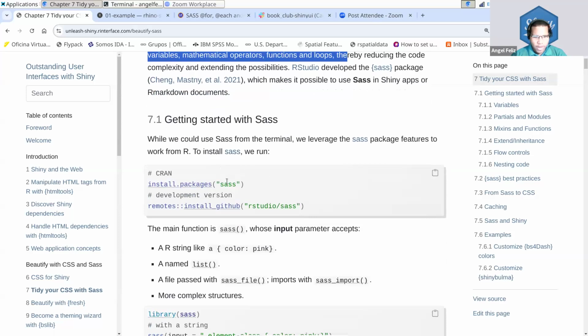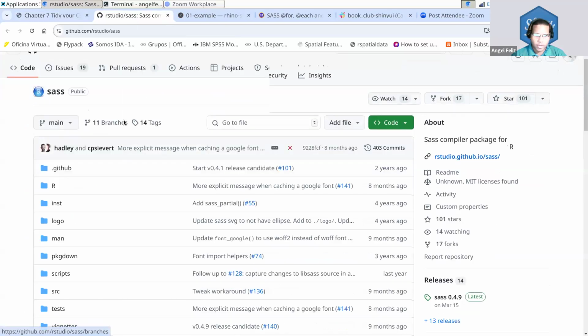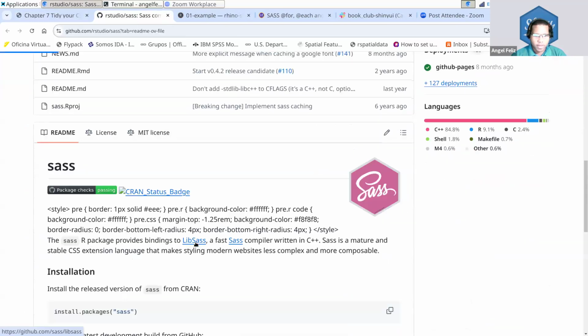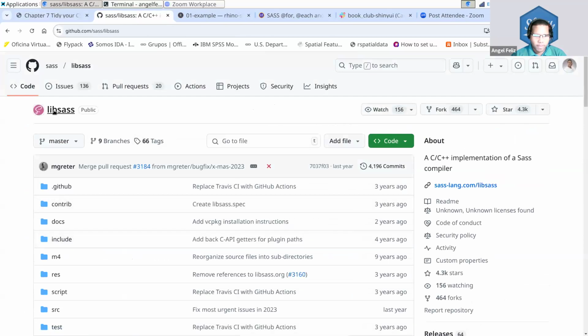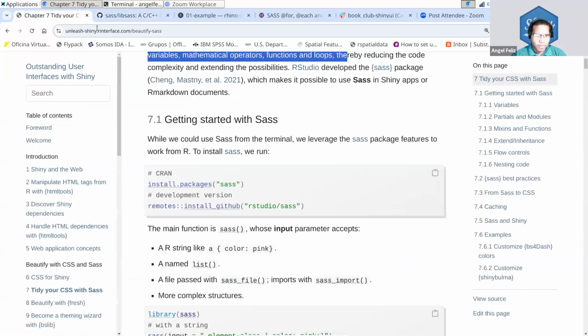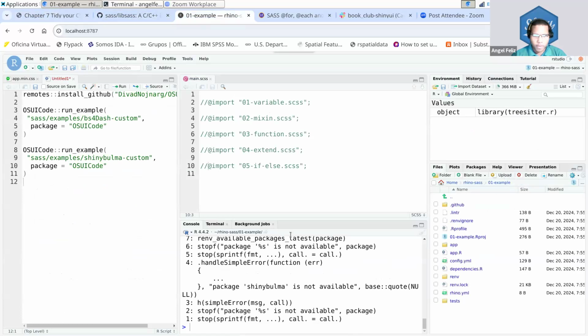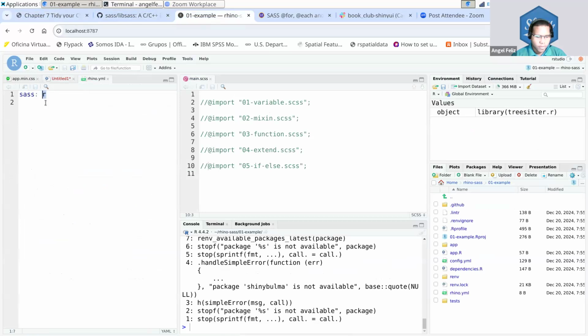For writing Sass, we have the Sass package. If you don't have Node, it's okay, but if we go here and see the dependency, the Sass library relies on this library, LibSass. That is a C++ library, but it's already deprecated. That's why Rhino makes the suggestion that for a project we can use R, or we can just use Node,